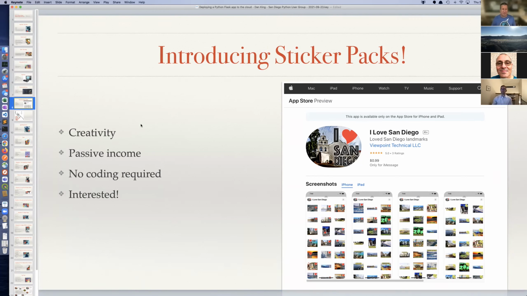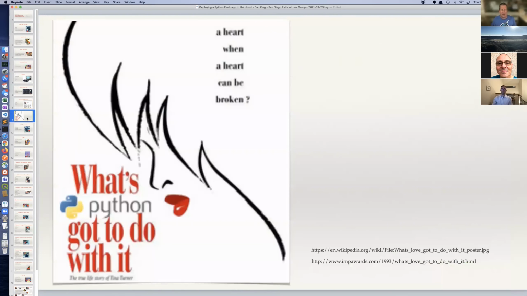Okay, so that's the backstory. And you can see where I'm going with the cat pictures. But here's the question: this is all great, passive income and motivating my daughter to code and iOS and sticker packs. What's Python got to do with it? Okay, Python actually plays a big part in it because